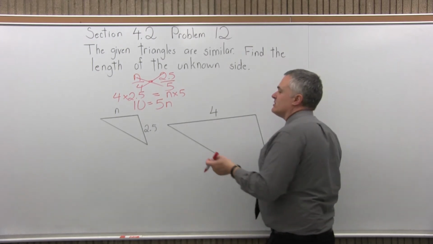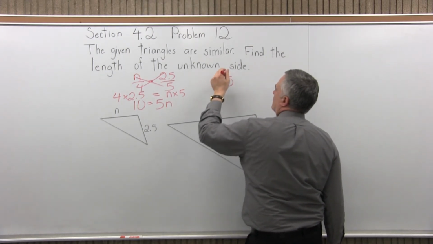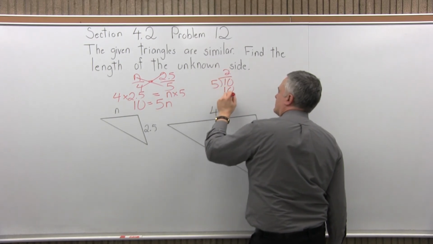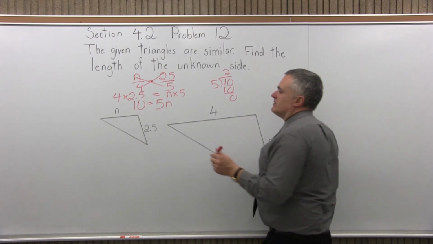And I can see the answer too, but you can write it out. 5 divides into 10 twice. 2 times 5 is 10. Remainder 0. So, I expected it to be 2